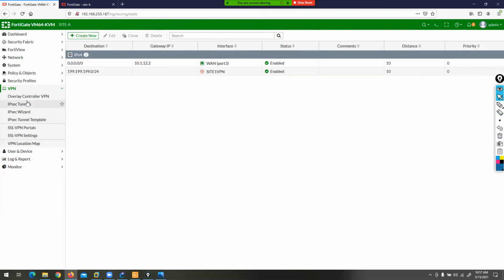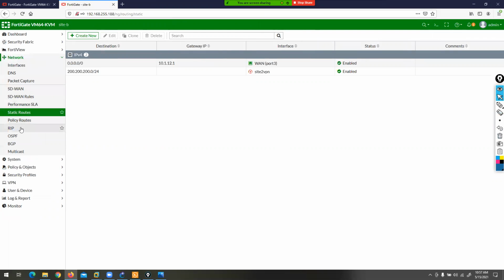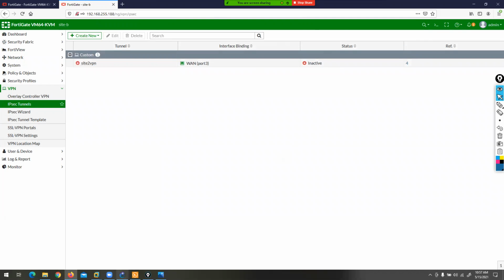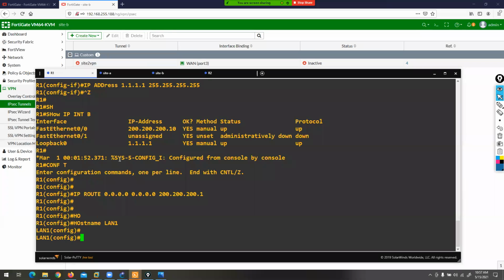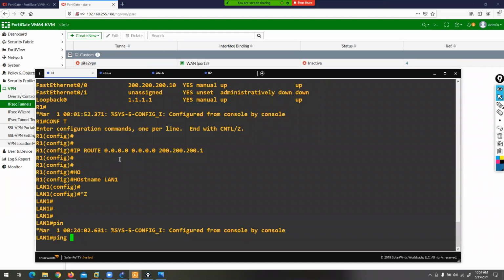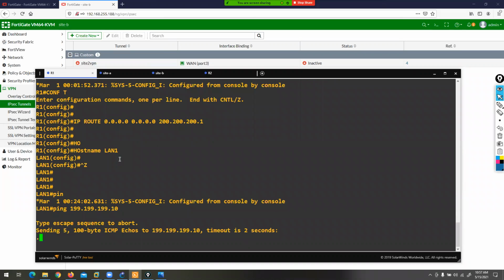Yeah. You can go and verify your IPsec tunnel information. It is inactive. You can also verify your IPsec tunnel information here. It is inactive. Let's generate some traffic from this LAN. Ping 199.199.10. I'm trying to ping 199.10.